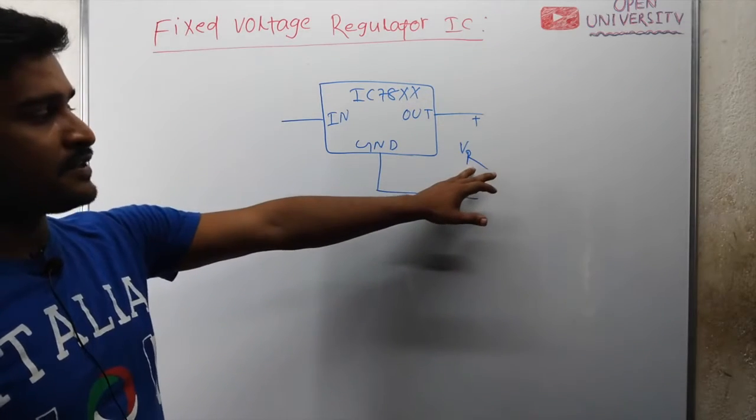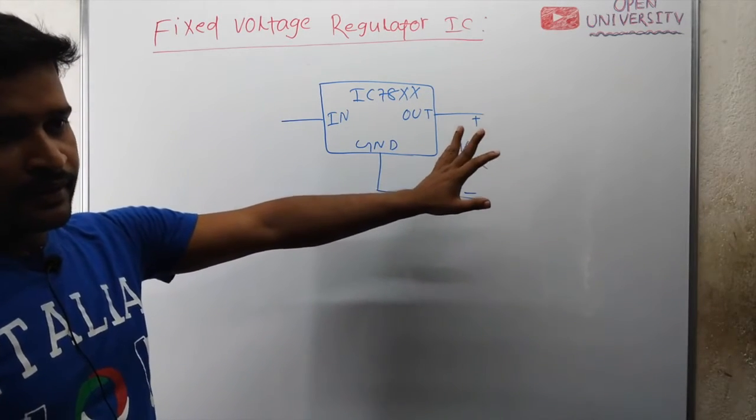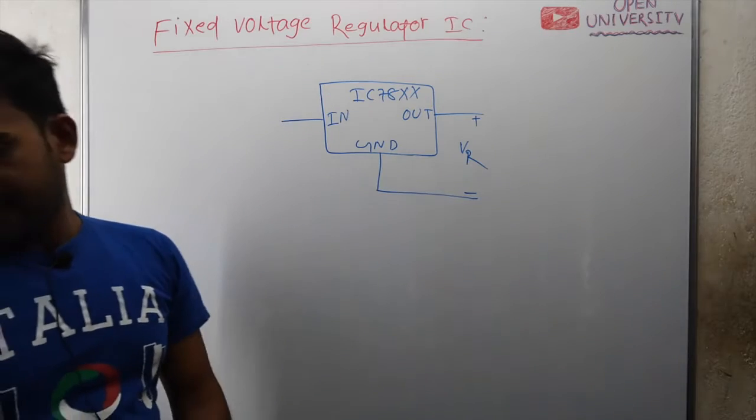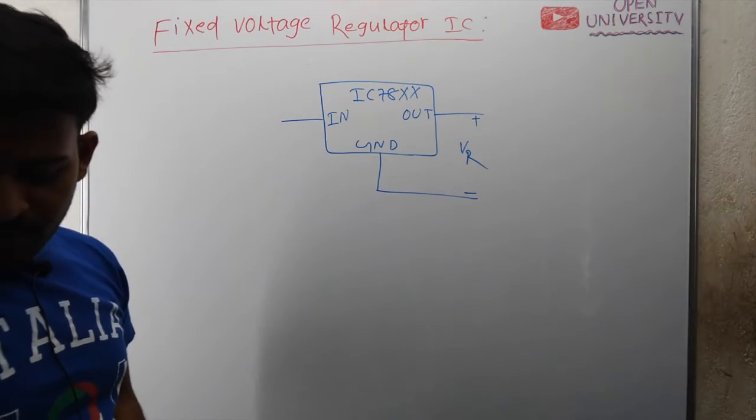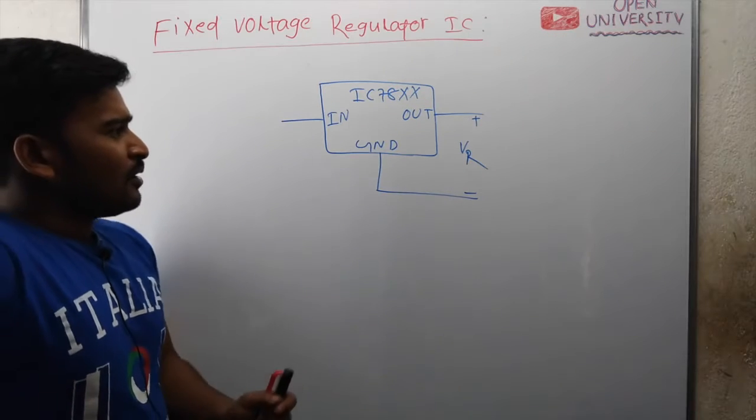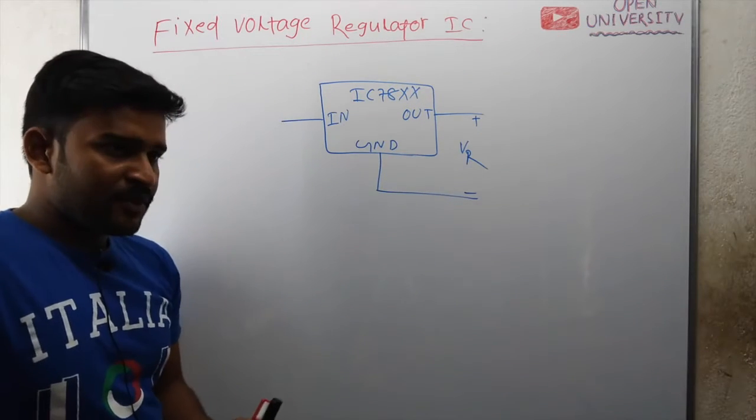And here is your regulated output voltage. Okay, now write down one point. For proper operation, a minimum of 2 volt